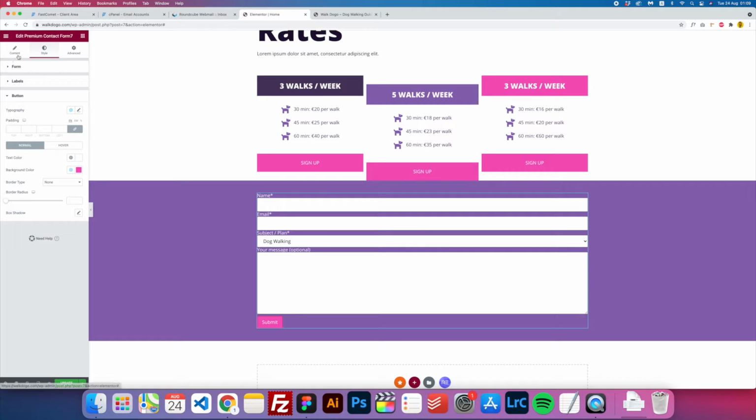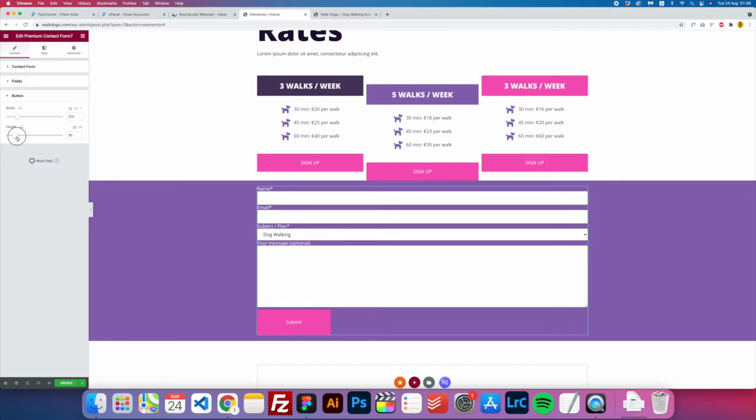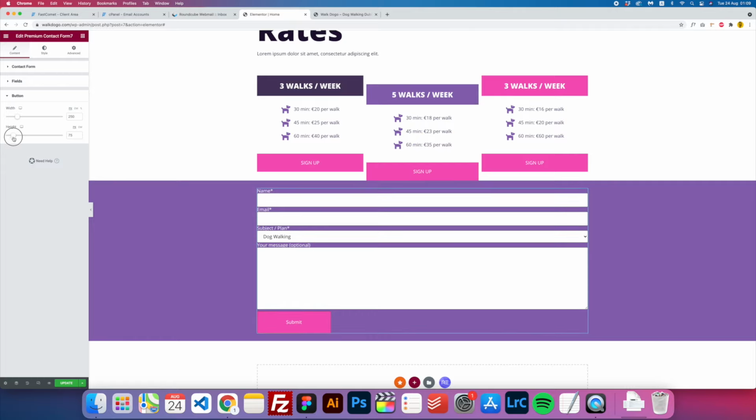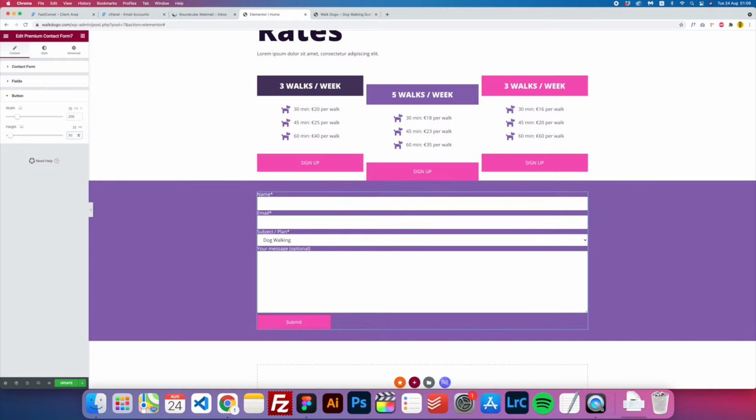Go to the content, set the button width to 250, I would say, and the height maybe to 50. Okay, the reason is we want this button to be very big and visible. Now hit update,